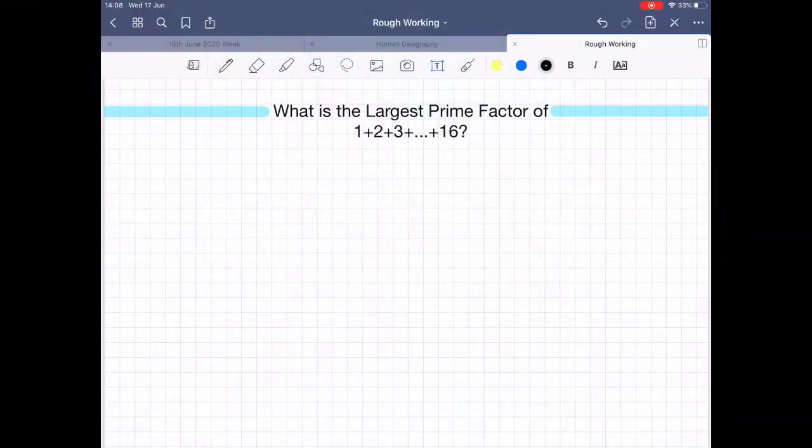What is the largest prime factor of 1 plus 2 plus 3 plus ... plus 16? So this bit, the ..., just means that you just add every number up to 16. So plus 4 plus 5, but it would save space to just put ... Okay, so first of all, we have to actually find what this is equal to, and then we can find